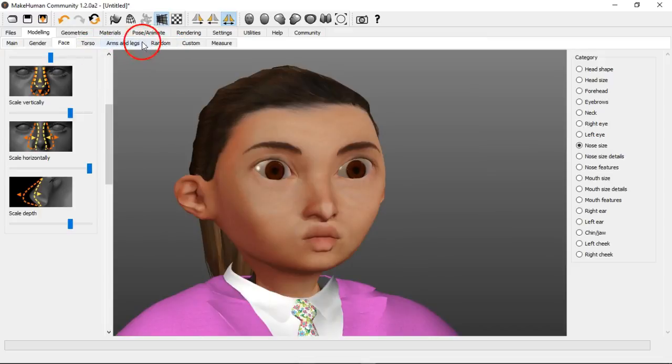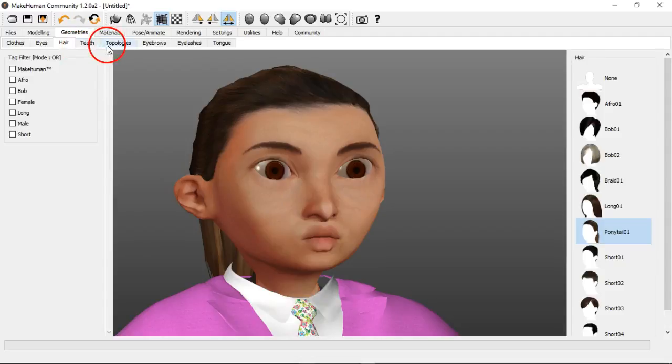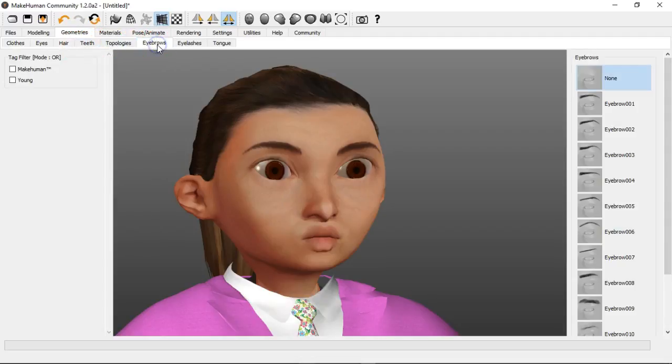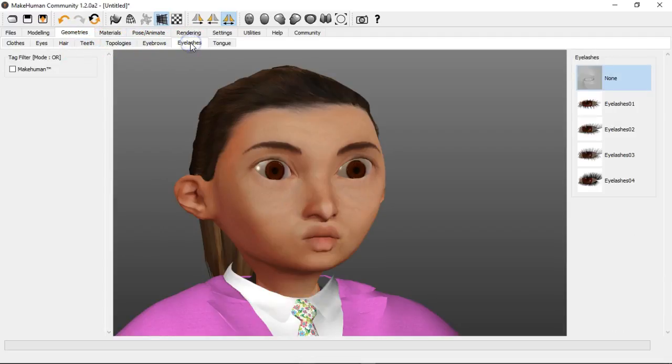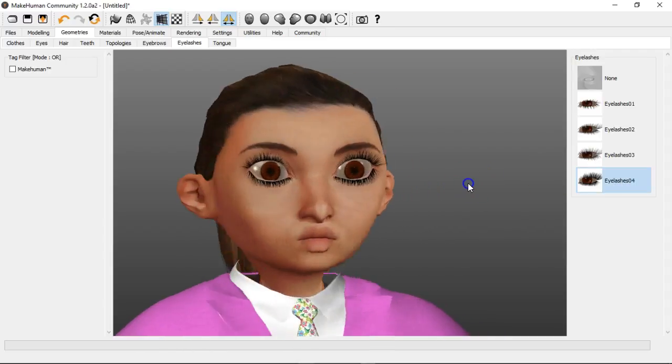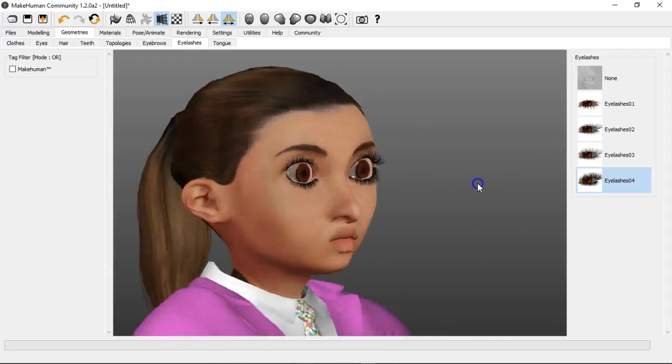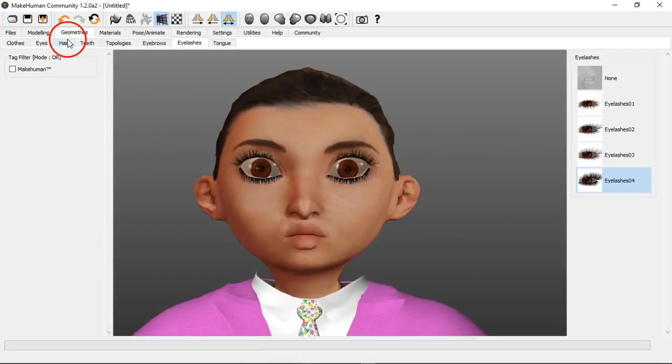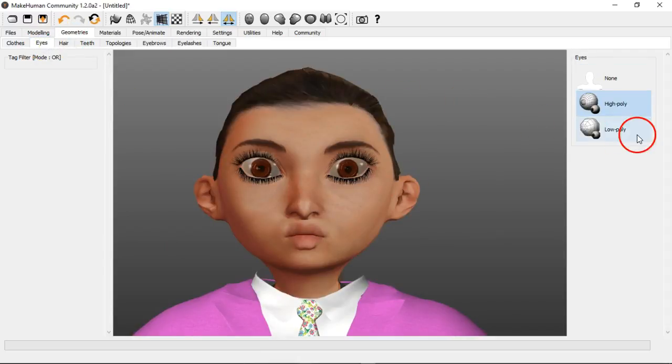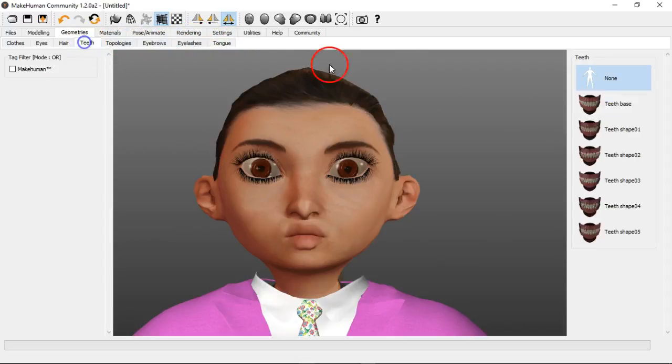We're gonna go with the eyes, so switch the geometries, go with the eye. We don't need eyebrows, we don't need eyelashes. If you put on eyelashes, it may make a little error. You may have some issues with eyelashes over on Blender. It may take you some time to get that to work. Let's go with the eyes, make sure it's high poly, get in a tongue, get some teeth in there,